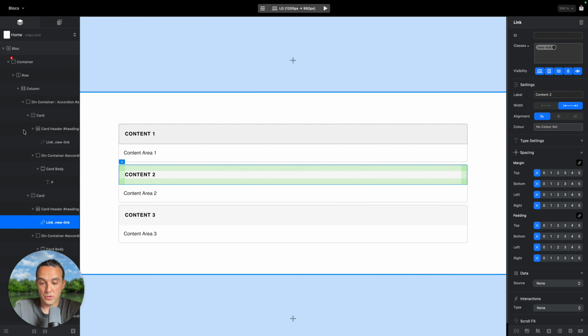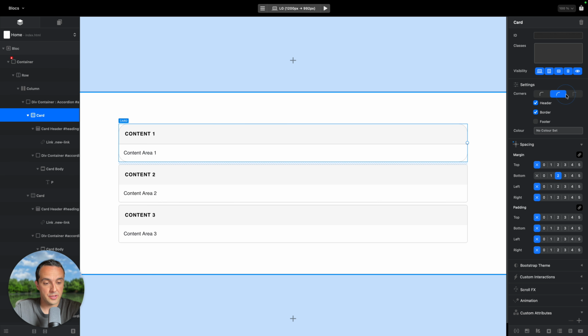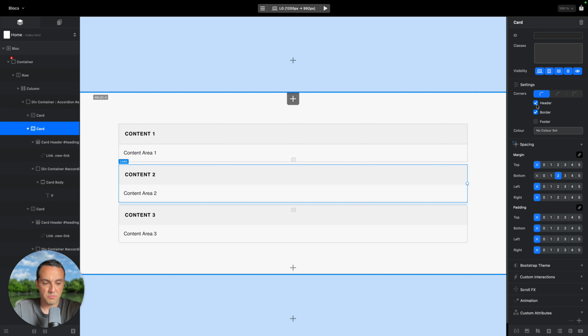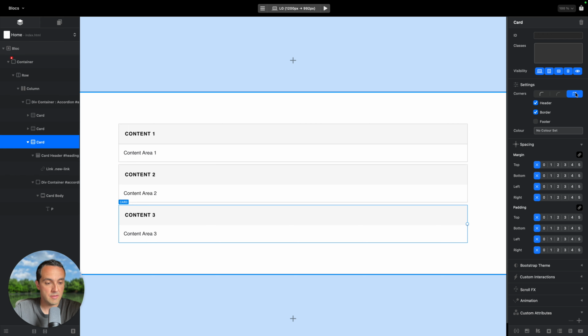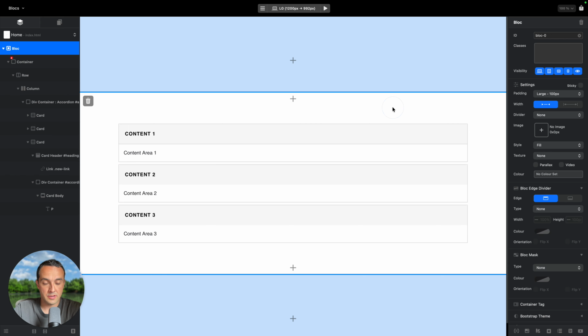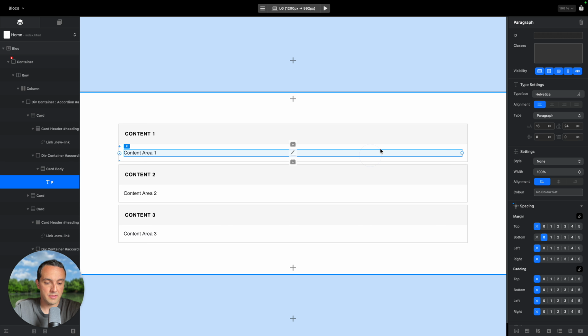Another thing you might want to do, you can select the card and you can actually adjust the rounded corners. You can make them round, you can make them rounded, or you can make them completely square, which is probably what I will do here because I do like to have a cleaner look like this. And yeah, it looks okay. I think I don't need the